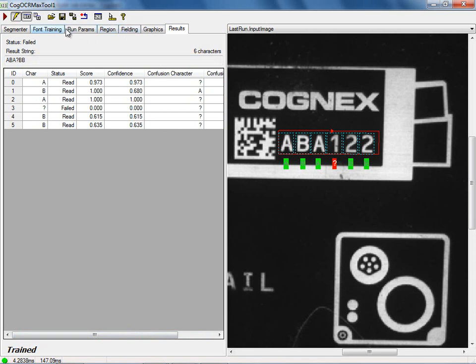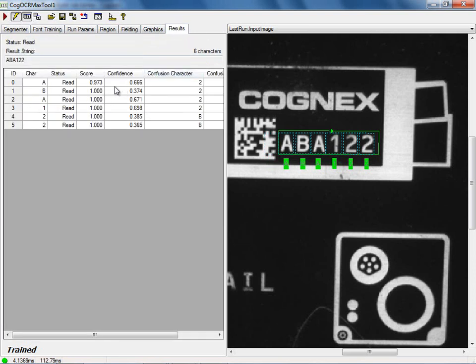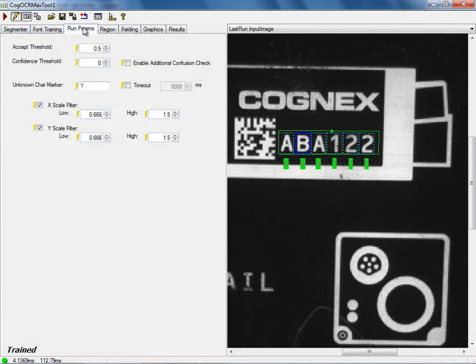What I'm going to do, actually, let me go back in and do, oh, it thinks I have an extra one there. There we go. So if I go back to my results, it's showing me what it thinks all the scores are and then what's my next closest one. The one that seems to be coming up close here is I've got kind of low here. I've got this confidence here, which is kind of a confusion thing between a 2 and a B, and that's what I was expecting. So let's say that I go in and I say my confusion threshold now is 0.4